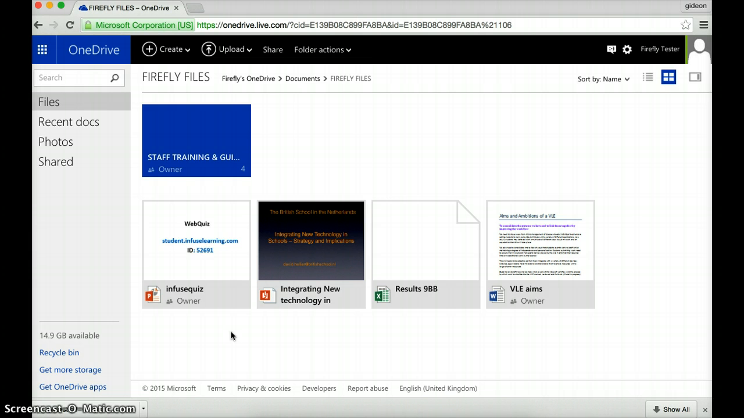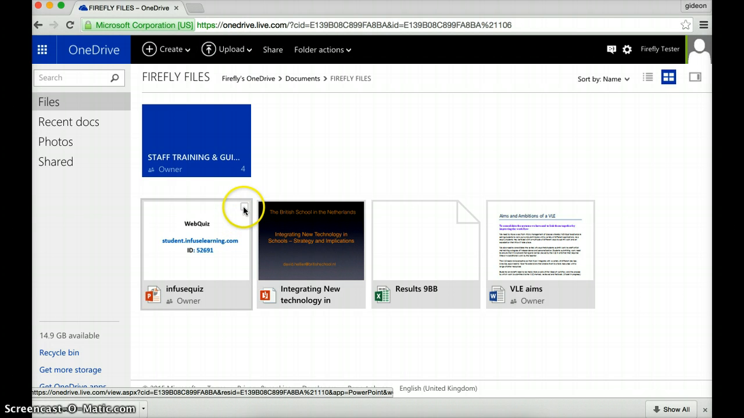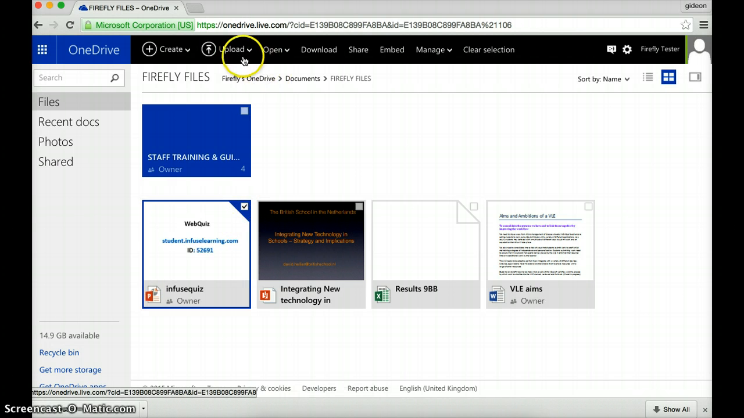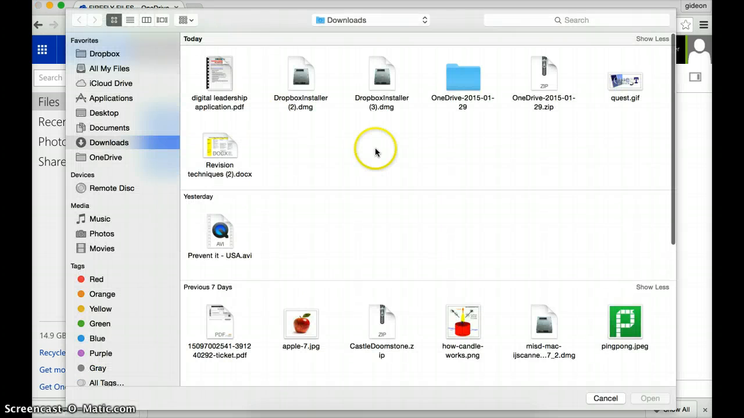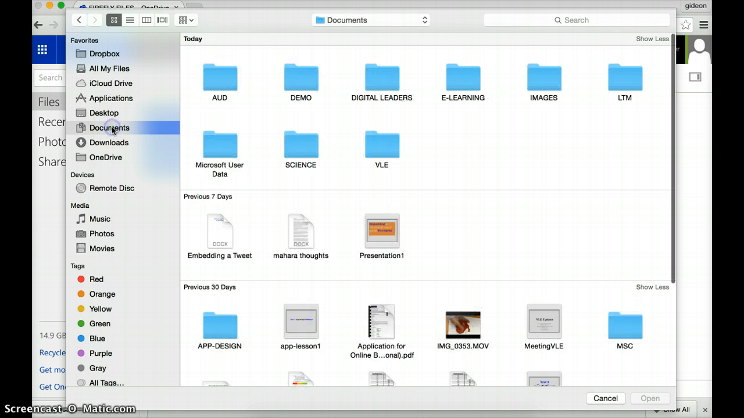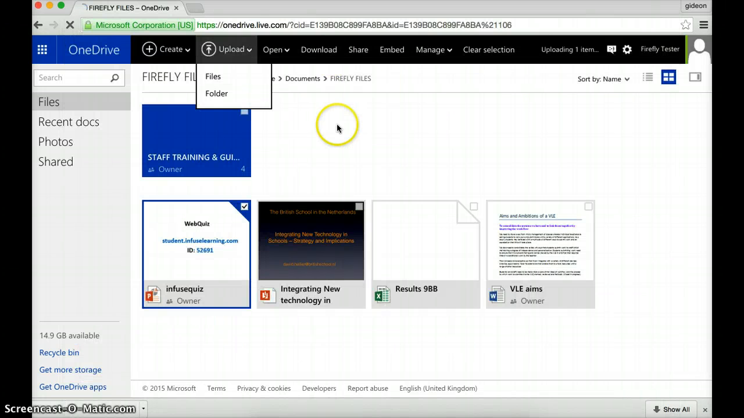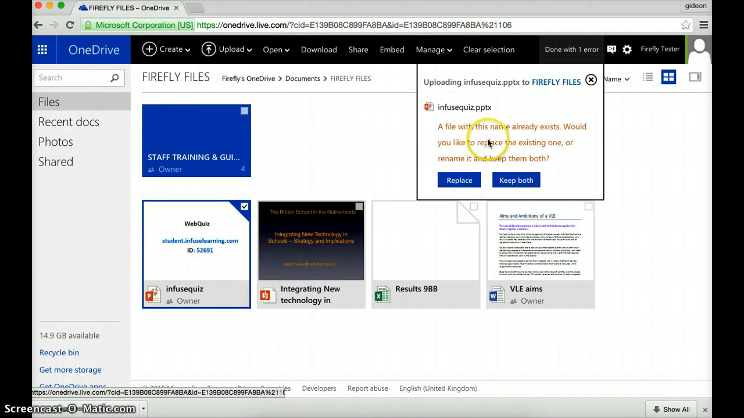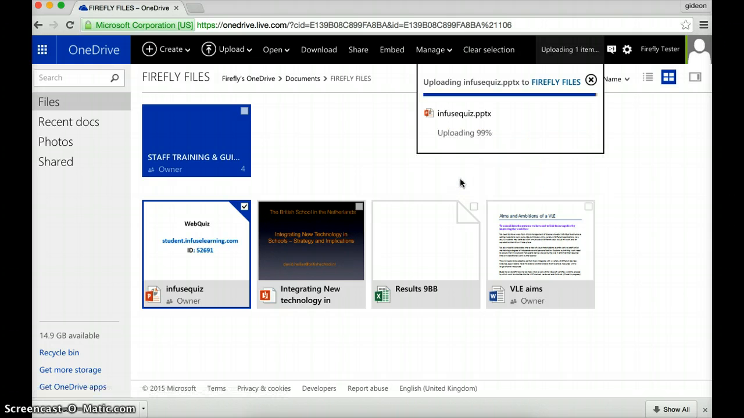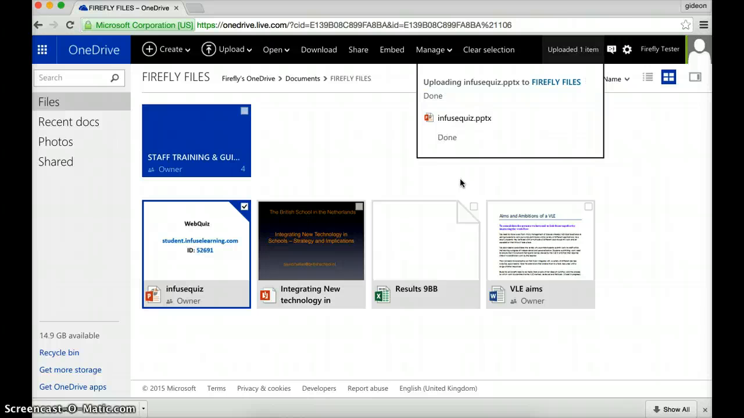So what we do, well, there's lots of ways of doing it. You could tick this box, click on Upload and File. Go and find your file. Let me just go to Documents and Demo, and I've now uploaded it. Now, here it says, a file with this name already exists. Would you like to replace them, rename it, keep both? Well, I want to replace. And hopefully what you'll find now, once it's fully uploaded, I press Done,